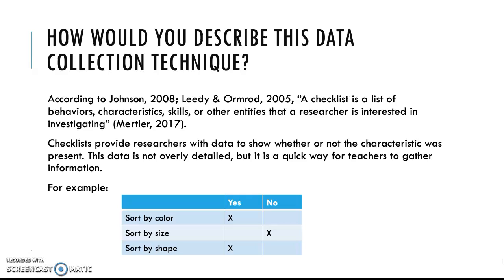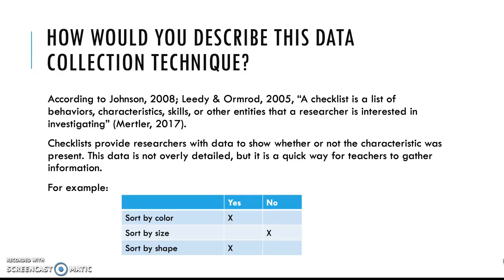That's what kind of makes up a checklist. So checklists provide the researcher with data to show whether or not the characteristic was present. So essentially, was it there? Was it not there? Were they able to? Were they not able to? That's exactly what a checklist does. The thing with this, though, is the data is not usually detailed, but it's a super quick way for teachers to get information. So literally you're looking, you're saying, is it present? Is it not present? It makes it very quick for teachers to be able to observe a certain behavior or